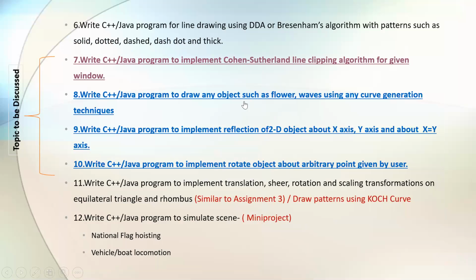So I've not written the main code. Main code is, of course, you're going to call the three functions and you're going to use a put pixel value so that you all know. I've just explained the main functions. I'll be sharing the code with you along with this PPT. You can go through the code later on.